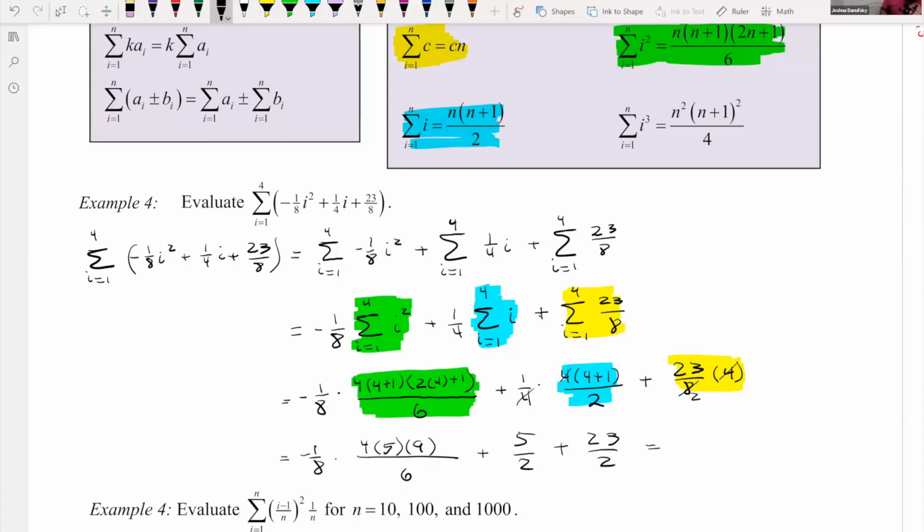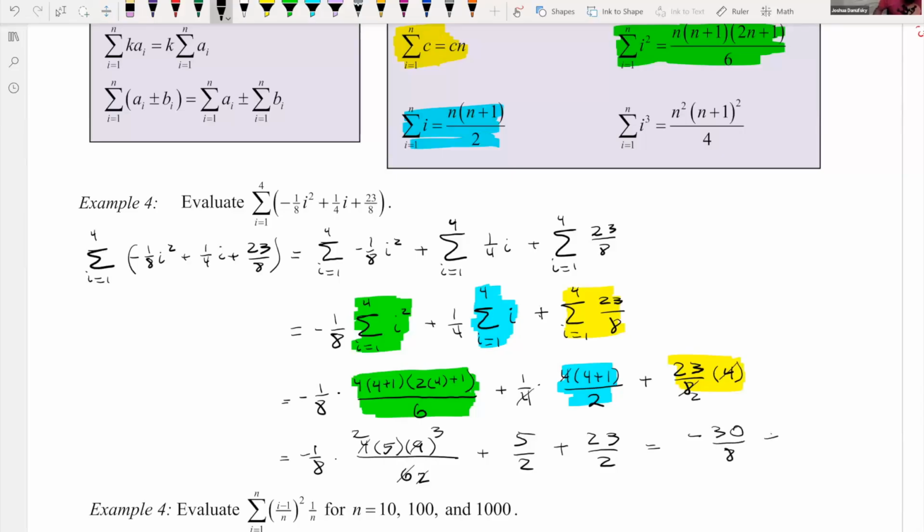And so now I think we can also cancel a little bit here, giving us a 3 and a 2. We can cancel here and here, leaving us with a 2. So I think we have negative, there's a 5 times a 2 times a 3 times a 1 over 8. So I think that's negative